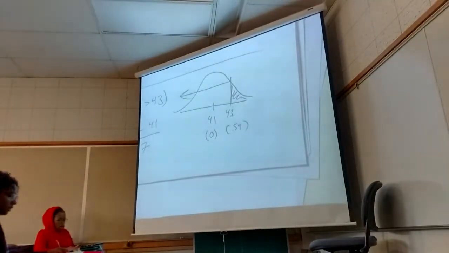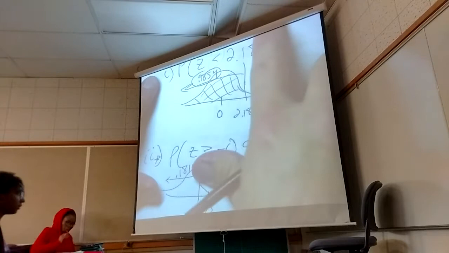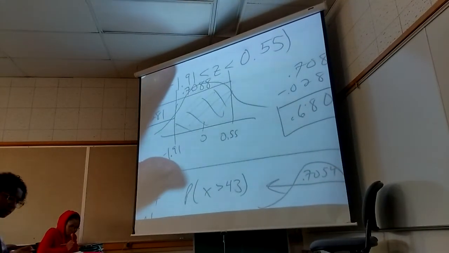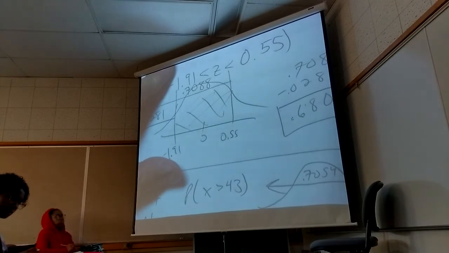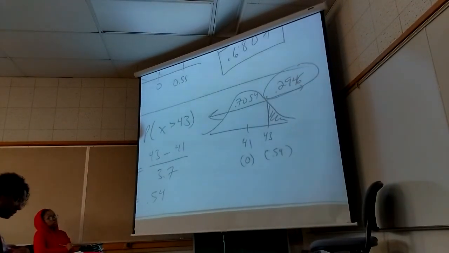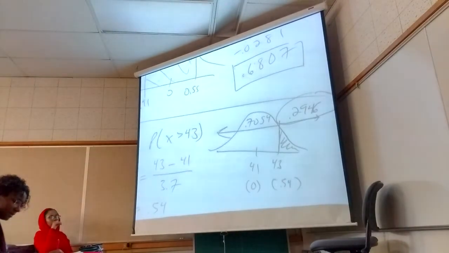So what do you get when you look up 0.54? 0.7054. So what's 1 minus that? 0.2946, I like it. So if you look up negative 0.54, you would get 0.2946 directly. That's not the most impressive shortcut ever. Okay, so